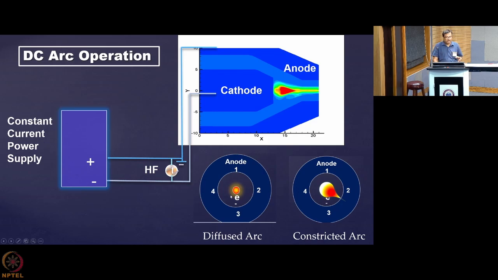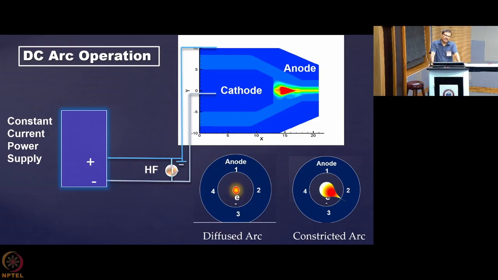So where will it go? You are also puzzled, because it can go to 1, it is equally probable; 2 is equally probable, 3 is equally probable, 4 is equally probable. But the thing is that it is one electron, it has to go to only one place, it cannot go to all the places simultaneously. So that is a problem when we are thinking of a single electron.